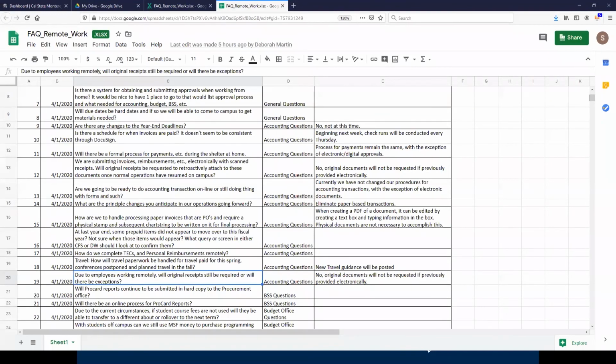Okay, great. Art, this is a question for you. Are there any changes to how we submit our ProCard reports? Yes, we know there have been a couple of ways of submitting them electronically, all without printing anything on paper. Some of it is all within CFS. The tricky part is capturing the receipt images and attaching them in CFS. It is possible. We'll have detailed instructions to share.